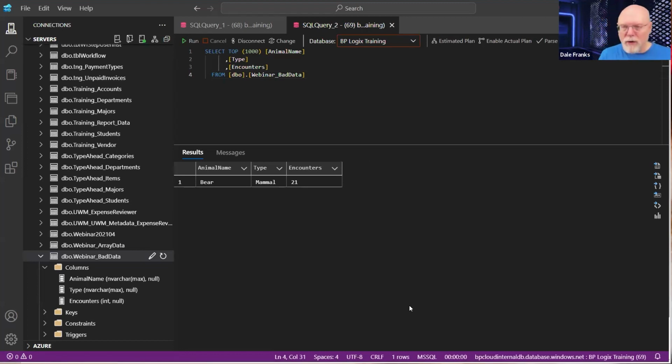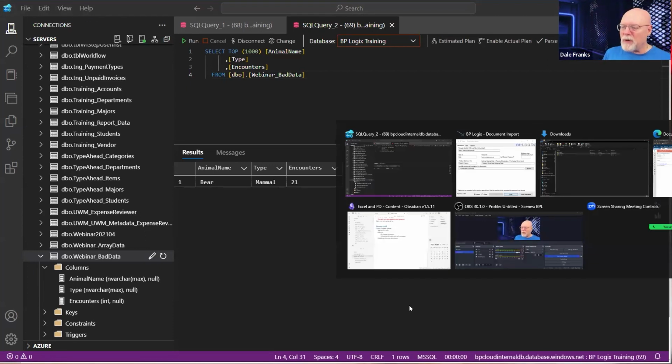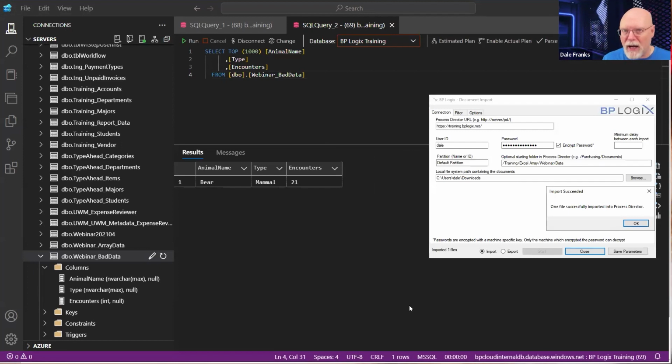So whether you're using a batch file, or manually doing it in BP import as we've been doing, or whether you set up the batch file to run in your task scheduler, remember that what you are setting up a task to do is import a file into the content list. Once that file gets into the content list, BP import, the batch file, the task scheduler, they don't care whether your data import worked the way that you wanted it to work. They were supposed to transfer a file. They transferred a file. Job done.